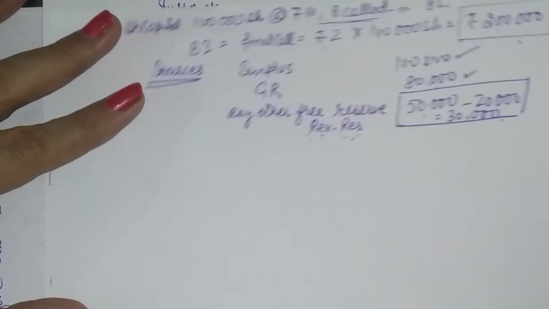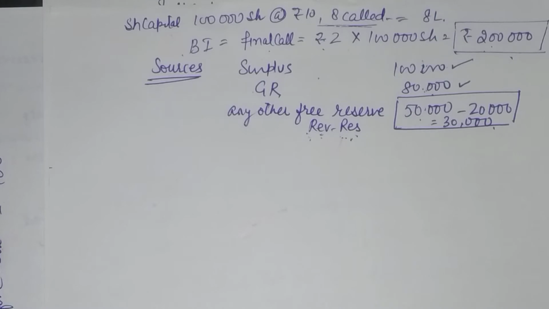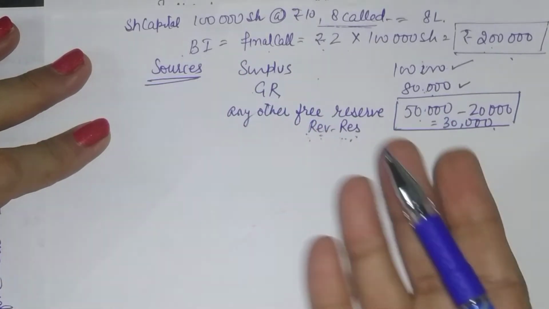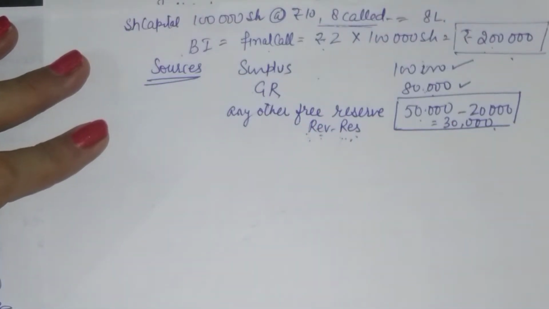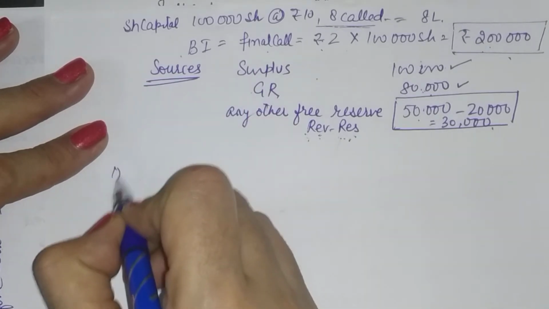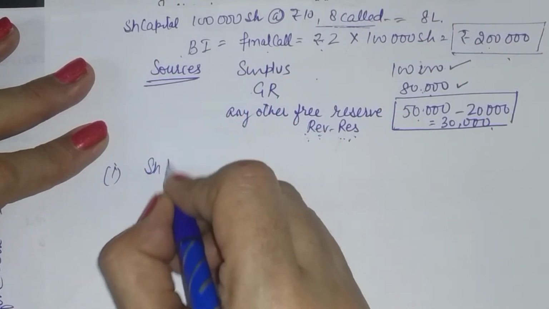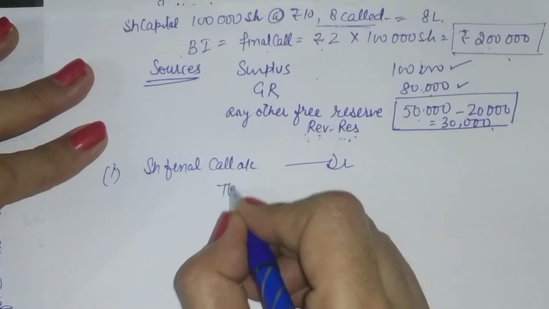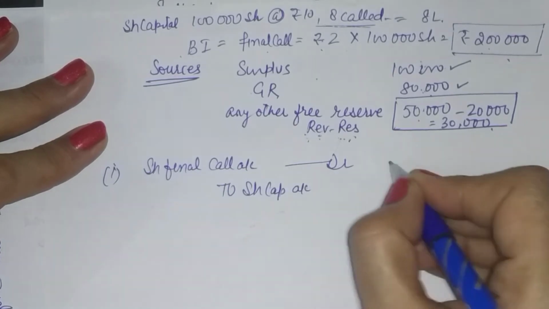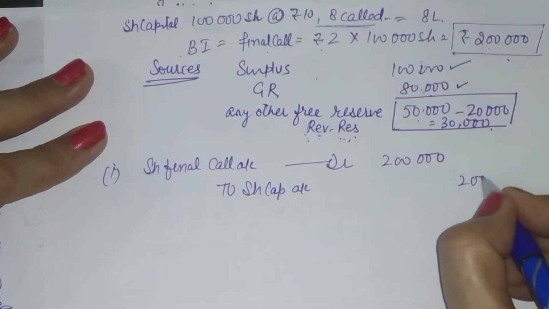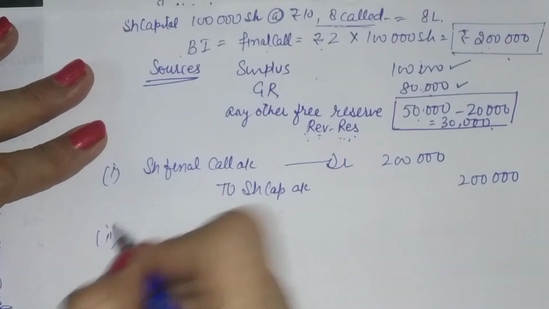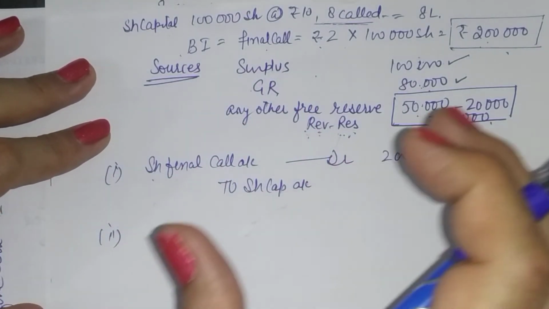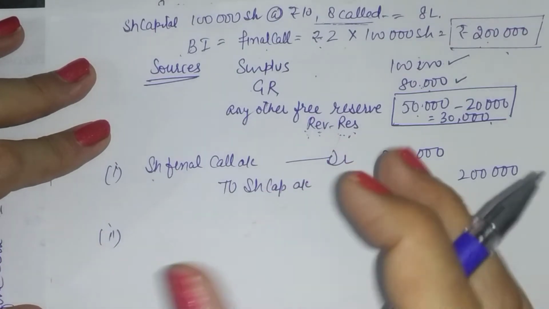Now how do we pass the entry? When we are to pass the entry, then all the reserves which are being used to draw upon the money will be reduced. So these will be debited and we will create bonus issue. But since it is against the final call, our first entry should be to make the final call due. So share final call account debit to share capital account. Now you can give a suitable narration for the same. Now in place of getting this money, bank to share final call, we are to adjust it against bonus issue. So now we'll create the bonus issue for the same.